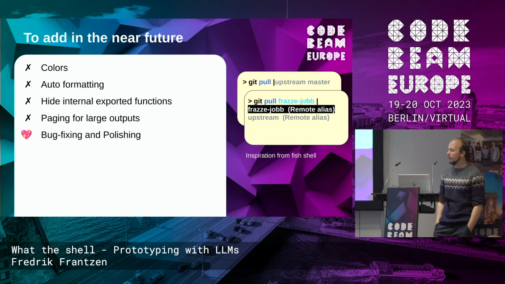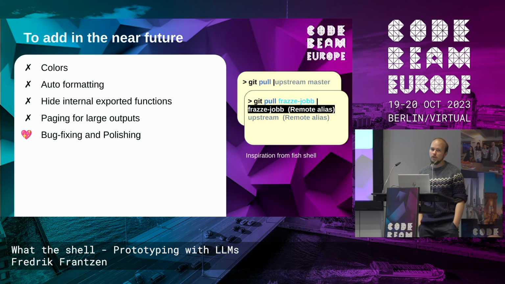We can automatically format your code. We just saw that already, and maybe we can hide the internally exported functions in OTP so that you don't get a bunch of modules that you're not even supposed to see. We will also probably submit this paging mechanism that I think is very useful when you get a lot of results. We will, of course, do a lot of bug fixing and polishing.